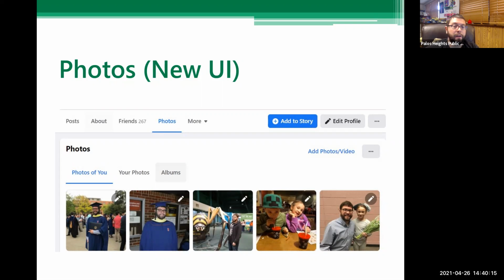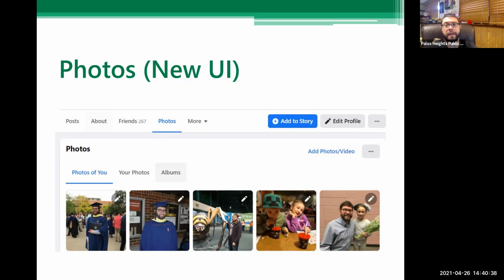The middle button there, your photos, is where you would find photos that you yourself have posted. Sometimes these align right with photos of you, but if not all your photos are of you, you'll find everything else you've posted there.